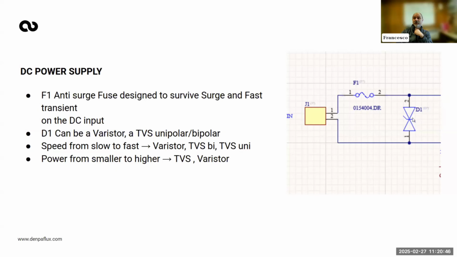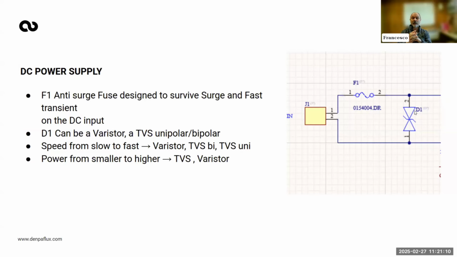In that case, a varistor, not a TVS. Instead, if you are not expecting surge, if you're expecting only ESD testing or fast transient, usually a TVS, by TVS I mean a silicon TVS, is